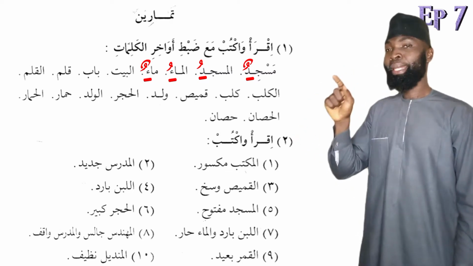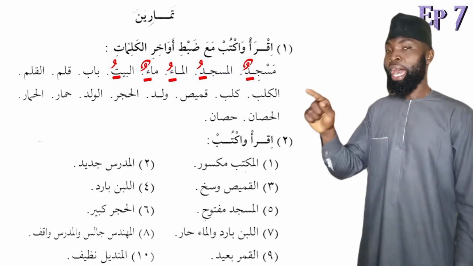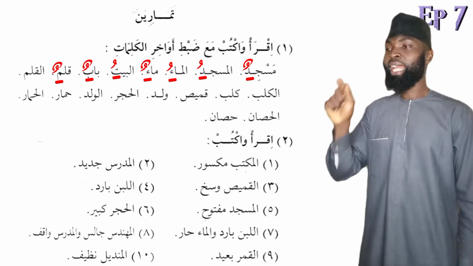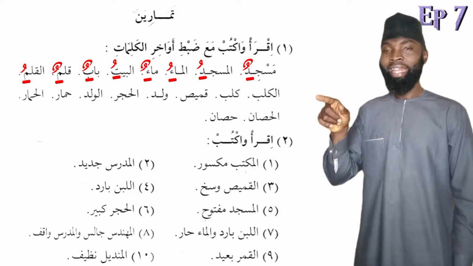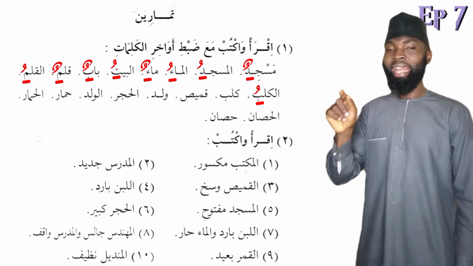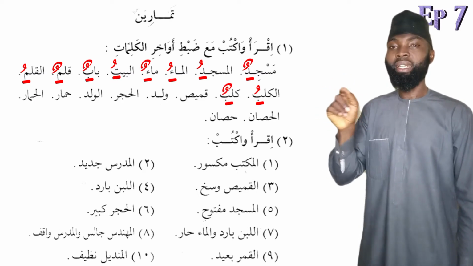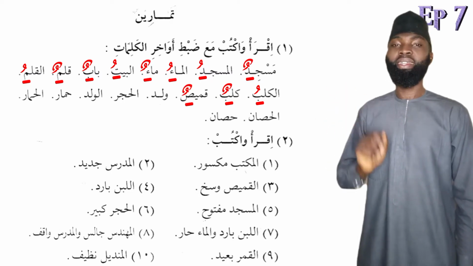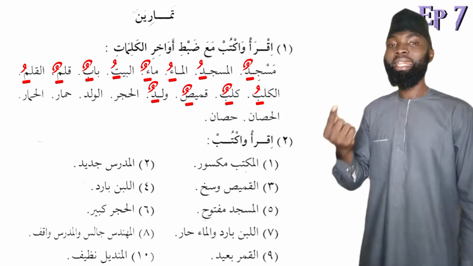And we have al-baytu, al-baytu. Then babun, babun. Then we have qalamun, qalamun. Mashallah, we also have al-qalamu, al-qalamu. Then al-kalbu, al-kalbu. Then kalbun, kalbun. Then qamisun, qamisun. Then waladun, waladun. Then al-hajaru,